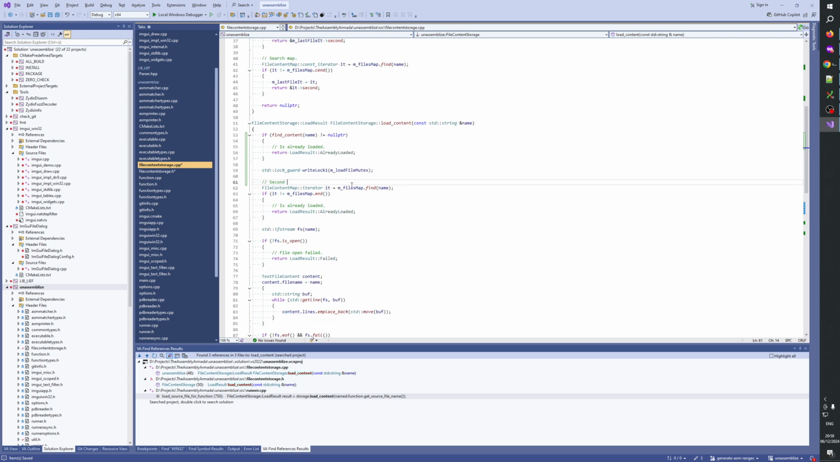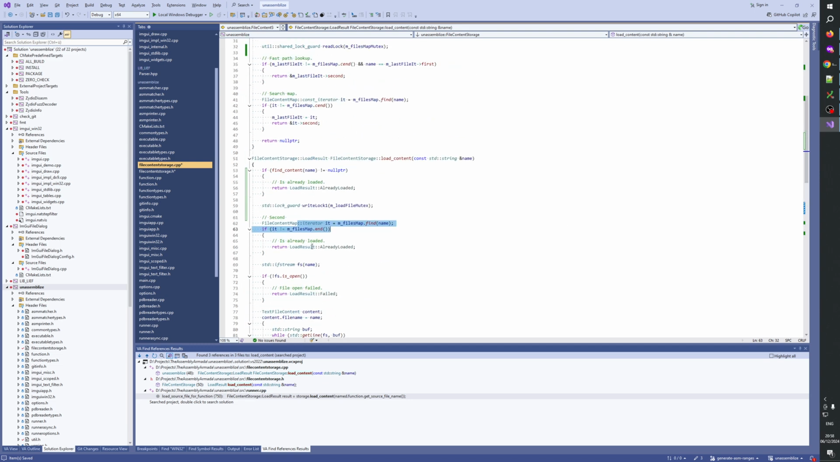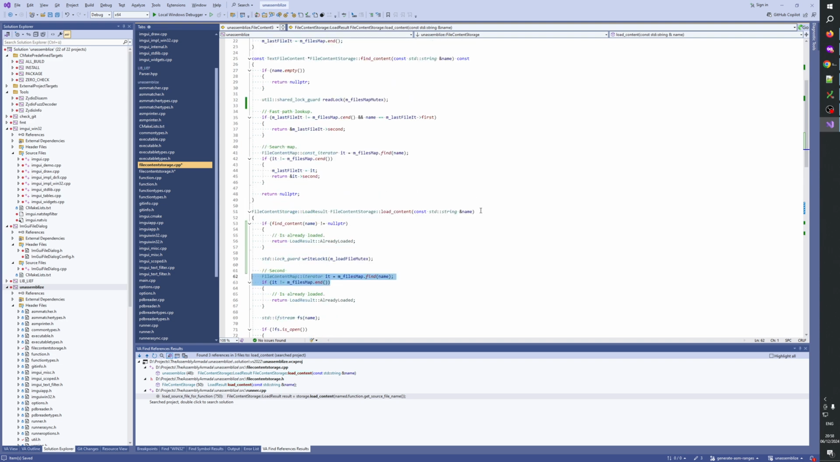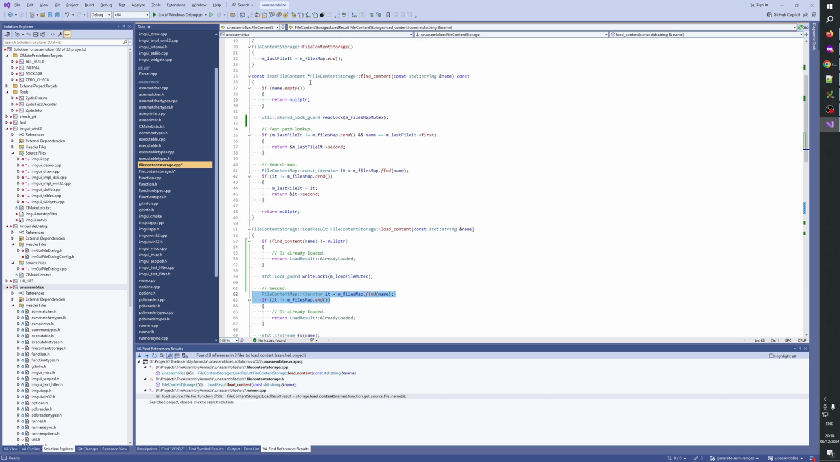Okay, so the question is, should we use this or should we use this? So should we again search this way or this way? I'm not sure. Here we get the benefit of